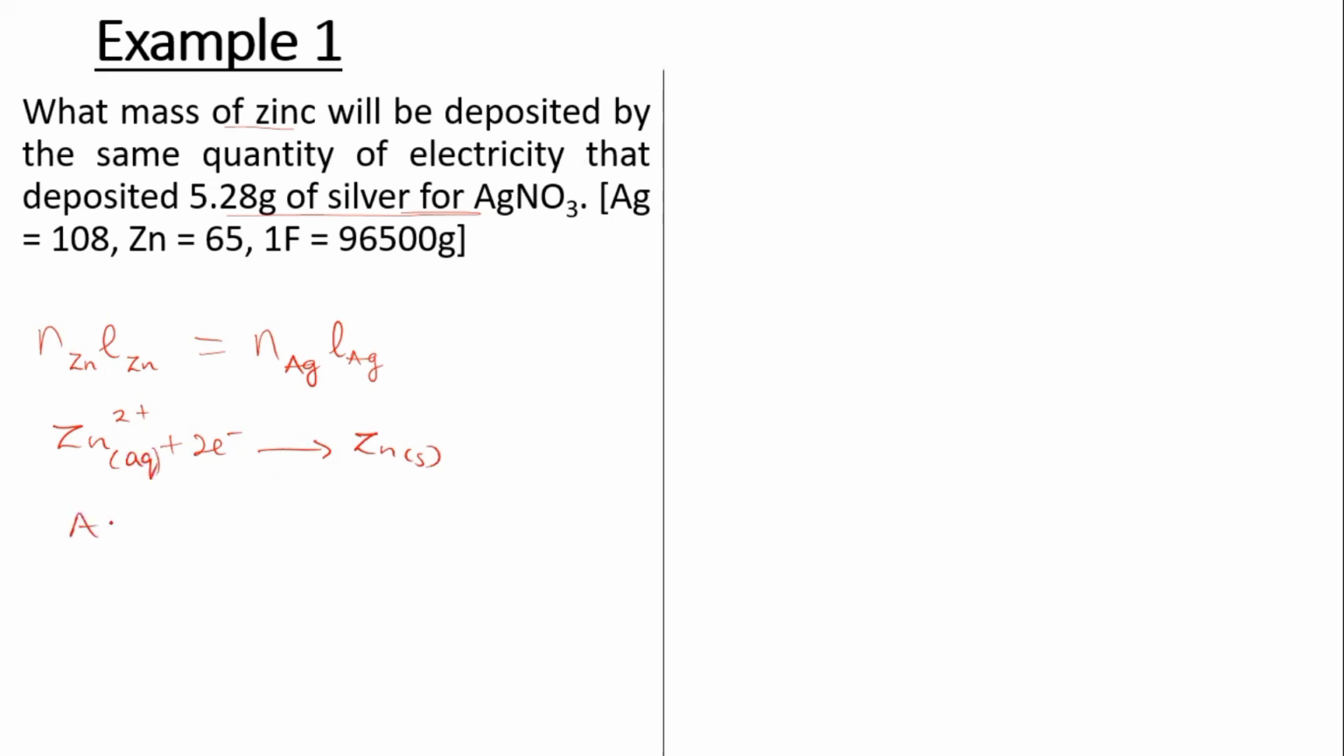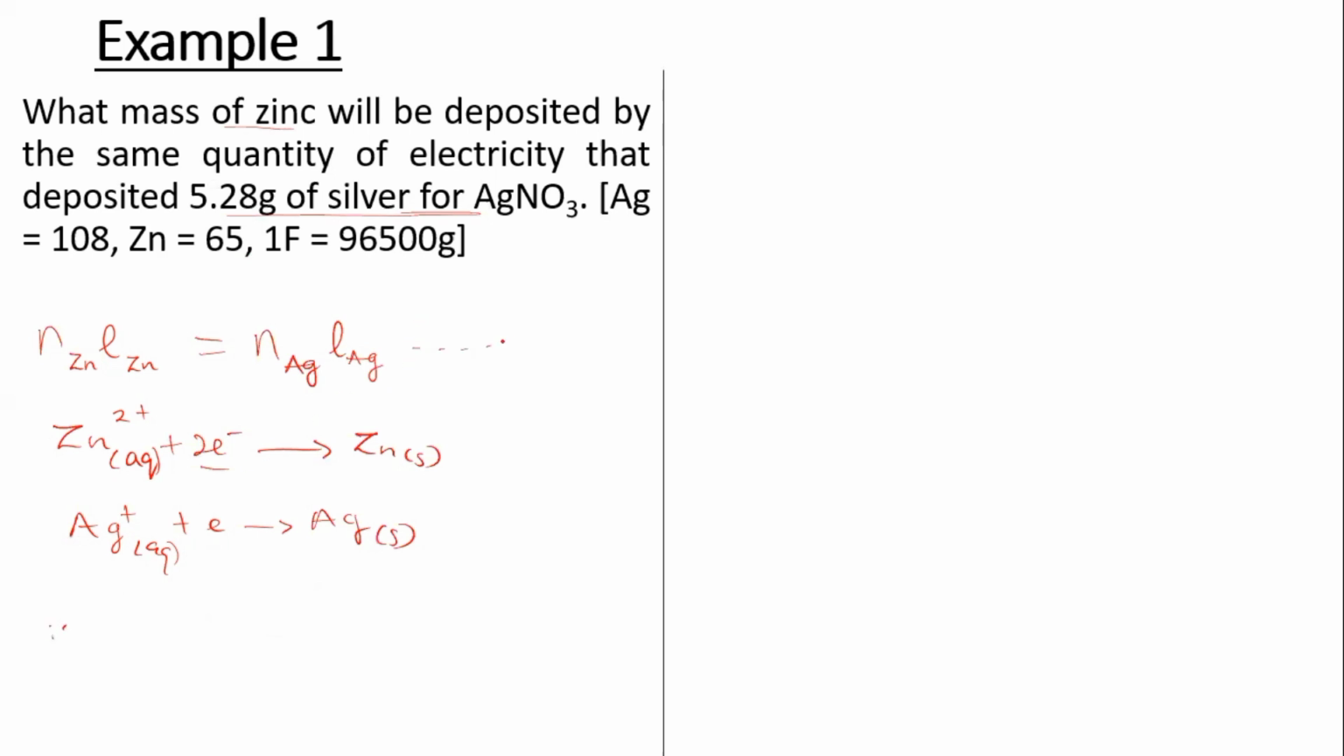And therefore silver ion plus an electron gives us silver. So you can see that here the number of electrons is 2 for zinc, so the charge is 2. For silver, 1 mole, the charge is 1, so the electron passed is 1. All right, so therefore for